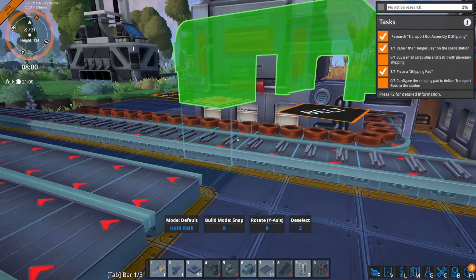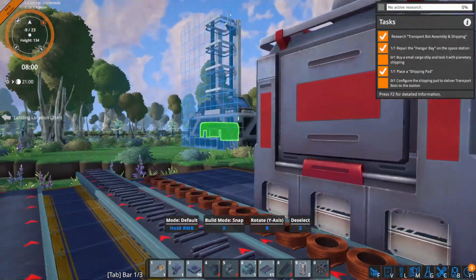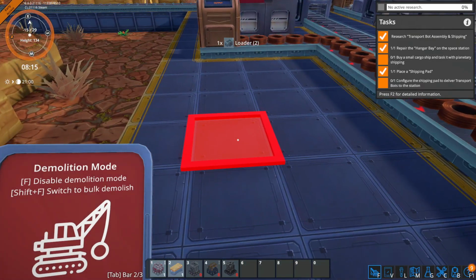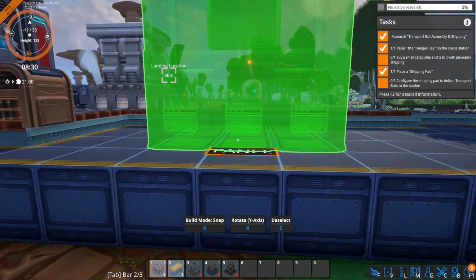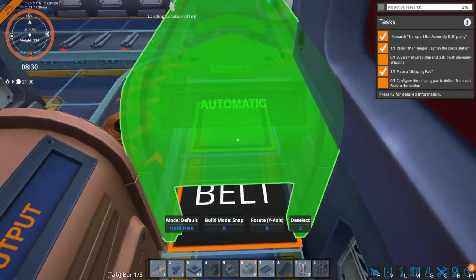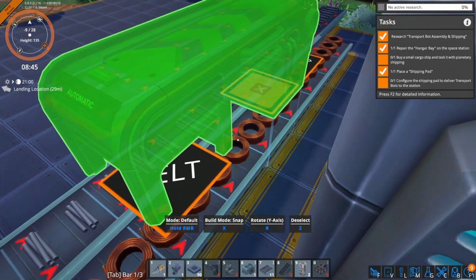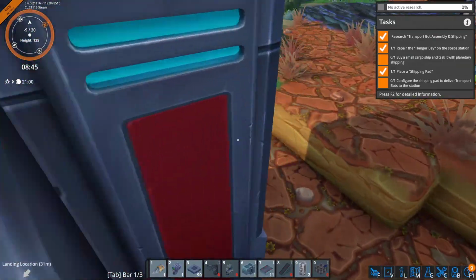And I want to place this guy. Don't worry about me building too close. I need to move the building back one. We can do that. And then I need to get rid of this guy. Let's pop our building. There. And okay, cool. Let's change this guy to